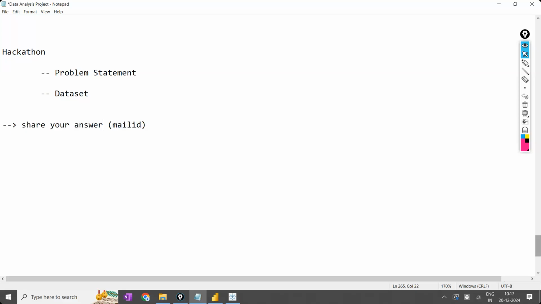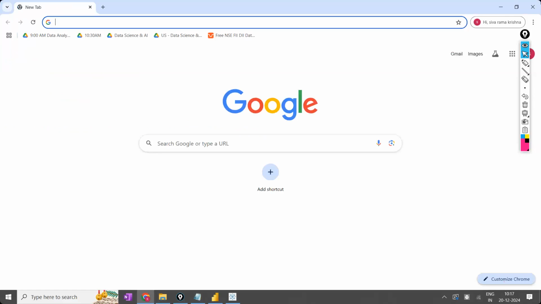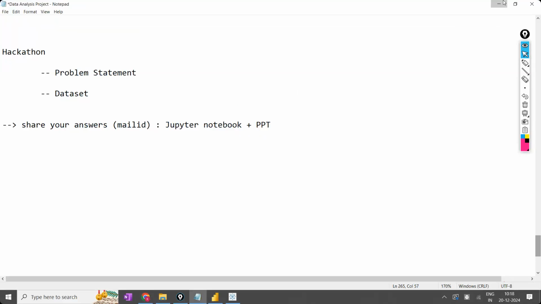What answers do you have to share? Your answers should be your Jupyter notebook, along with the PPT if the PPT is required. Otherwise it is not required. Now, how to add this, because some of the students are copying the link for the Jupyter notebook. It is not the link, guys. So here I'm going to show you. For example,